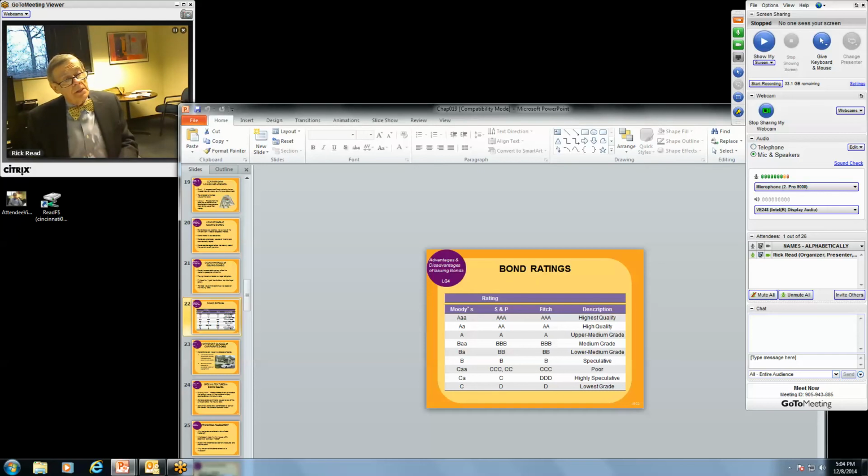These are the bond ratings. I'm not going to go through this. There are 3 bond rating agencies in the United States: Moody's, S&P, and Fitch. And this just gives you their highest ratings. Now, the bond rating companies came under a lot of fire during the financial crisis, or actually after the financial crisis, because they were rating some of these bonds and other securities at the highest possible quality when they probably weren't. So the bond rating agencies have gotten a lot of flack about what they did and how they did it.